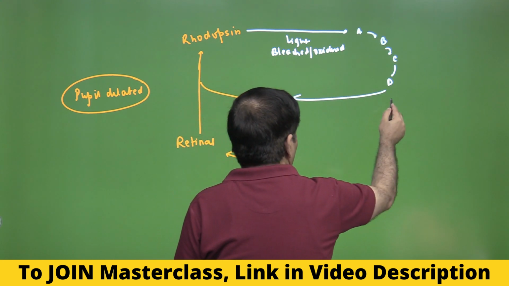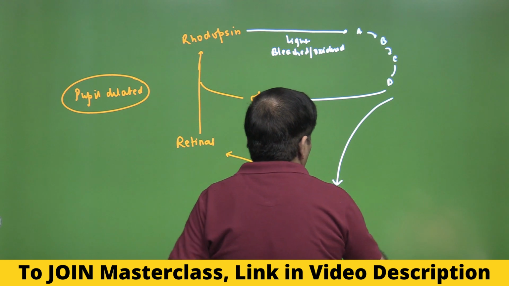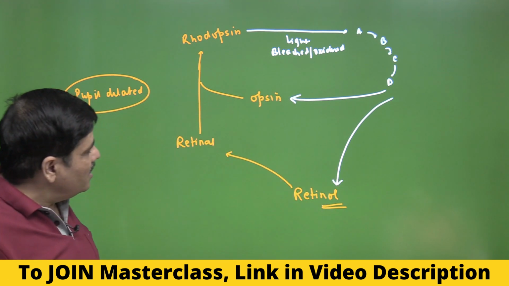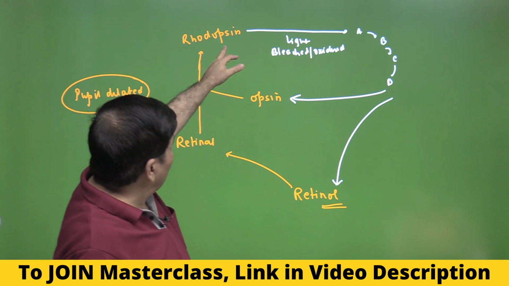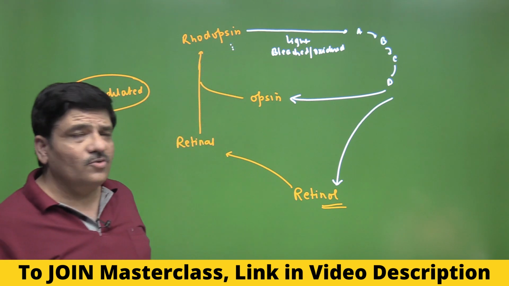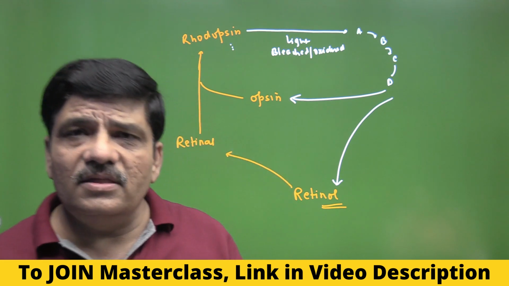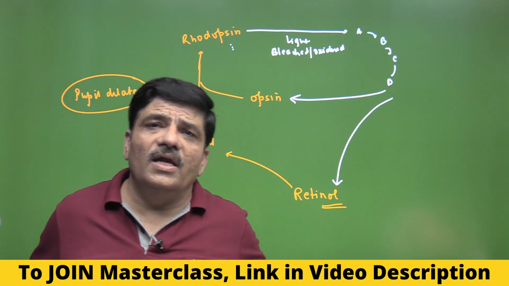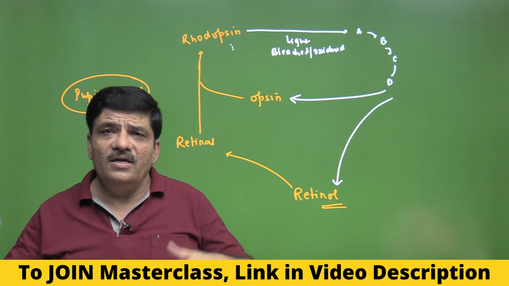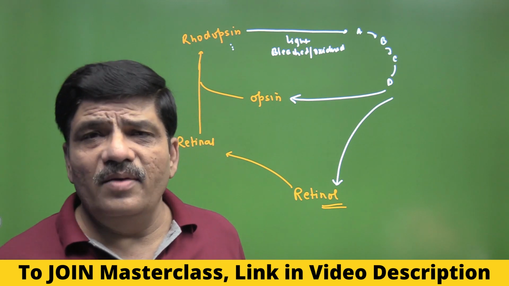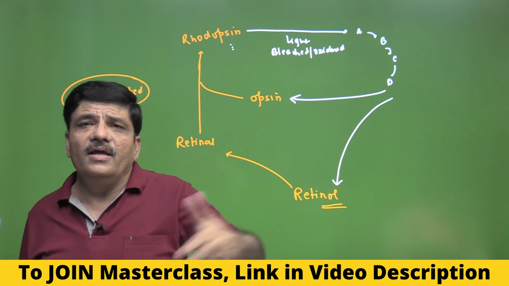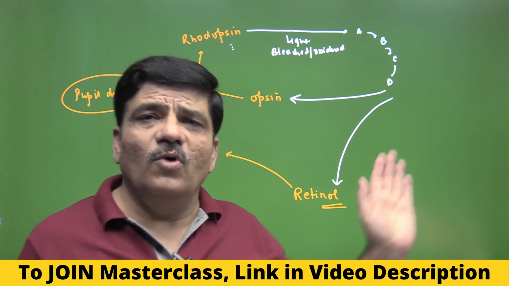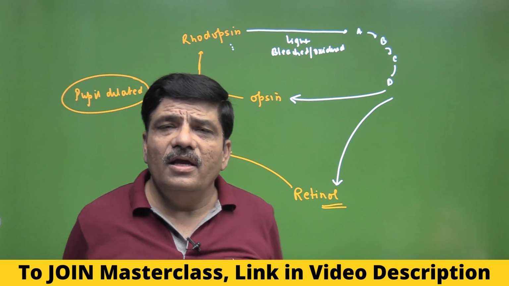and then it actually breaks down again into opsin and what is called retinol. So immediately you can see that this is the retinol rhodopsin cycle, the visual purple cycle. I am saying again and again that this pigment is called visual purple. It increases the sensitivity of the eye to the light, and in spite of the limitation of the eye, you will be able to form an image of the object once you enter from an illuminated area into a darker area. And what happens when you come back into an illuminated area?